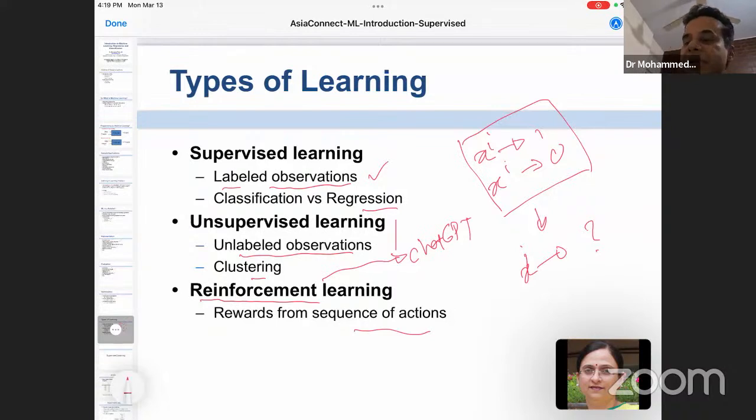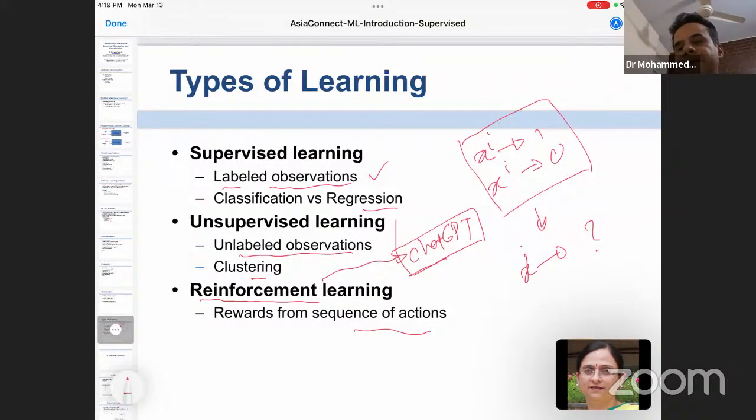So the performance of ChatGPT also improves a lot because of this kind of reinforcement learning. There are lots of crowdsourcing people who did this kind of thing. When ChatGPT gives you an answer, you can just rate it, whether this is good, this is a perfect answer, or there is something wrong in the answer. Then the learning algorithm can learn by itself.